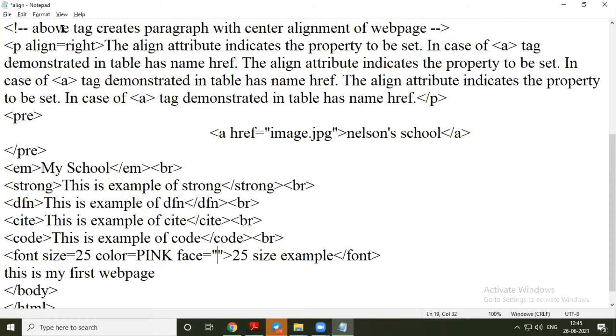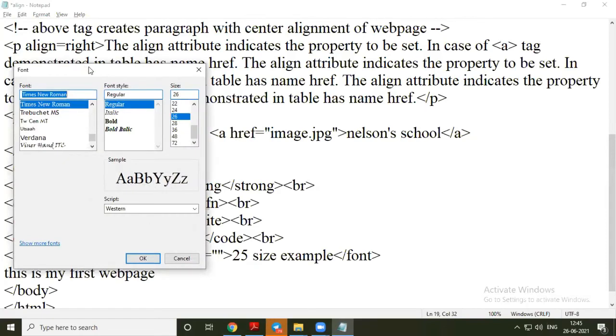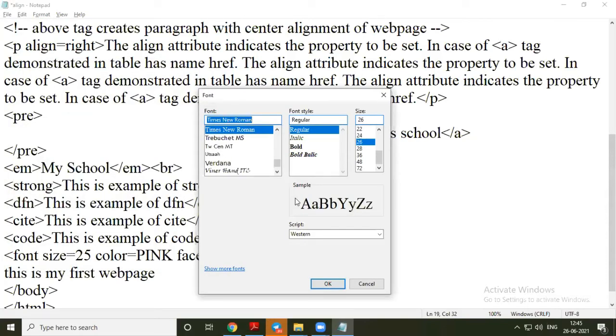So how can we get the font name? See this, go to format, click on font, and here you get the font name and a sample preview window where you can see the effect of that font. Whatever font style you want to keep, you have to select and then copy it from here.